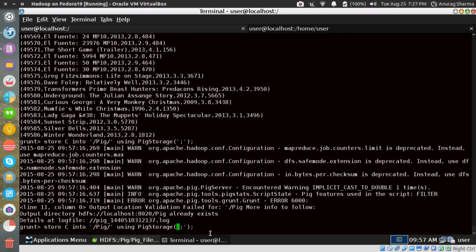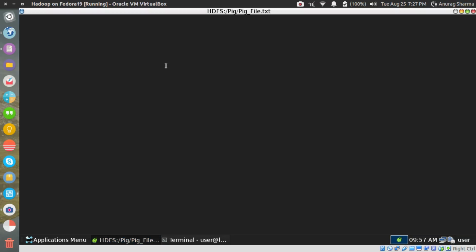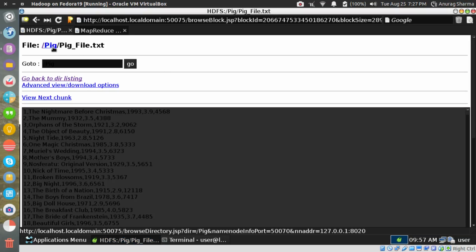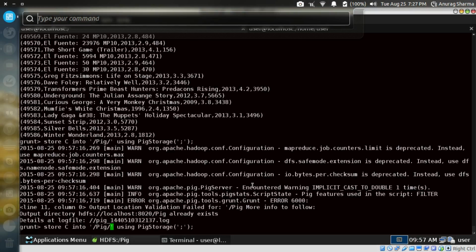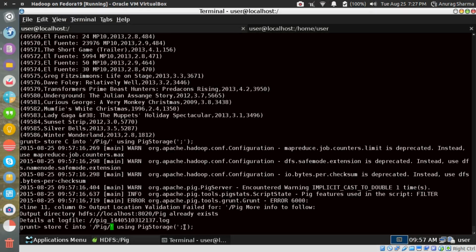Okay, so it cannot store, it has to create a new directory. Fine. So pig output should be fine.